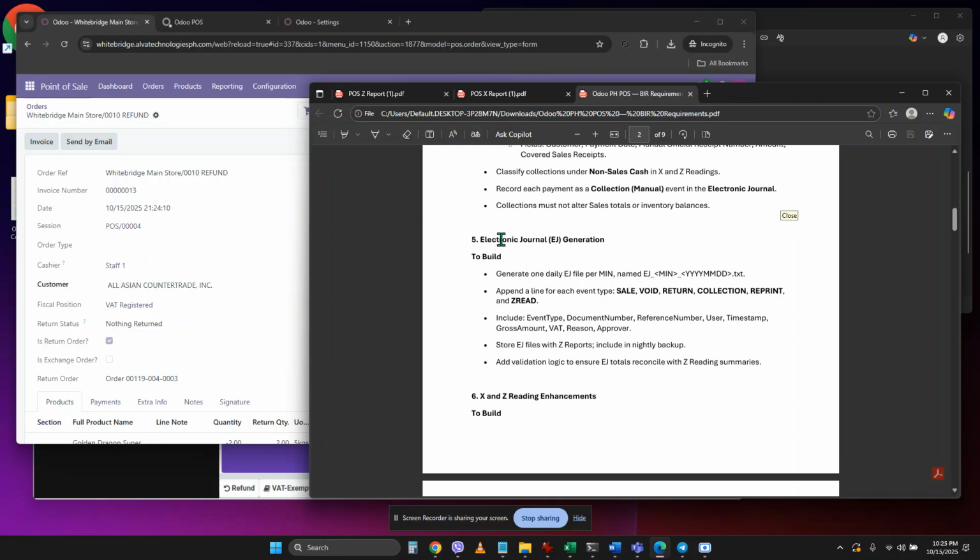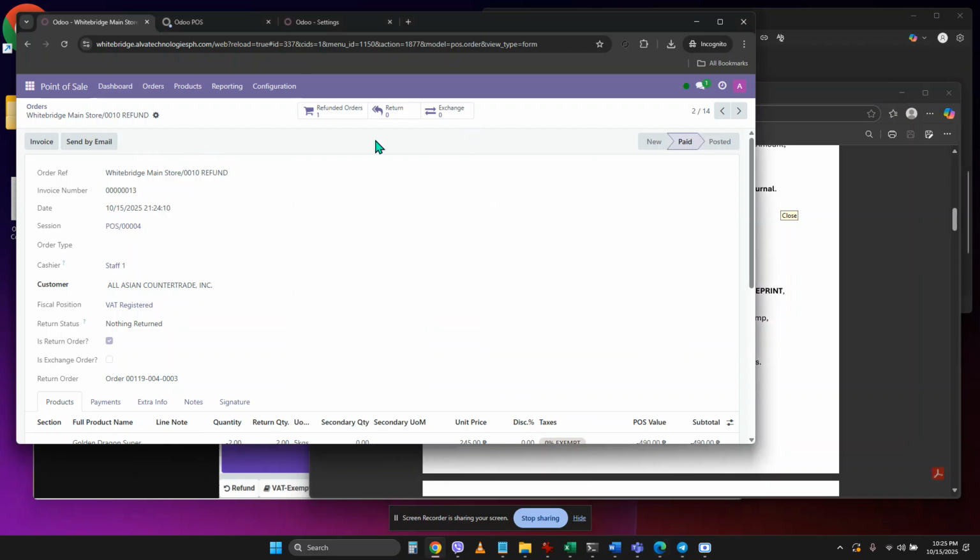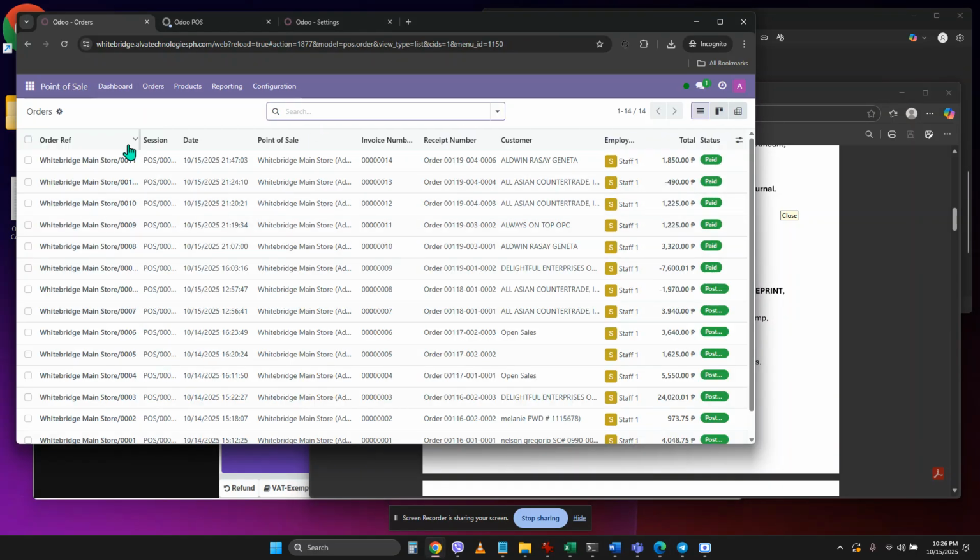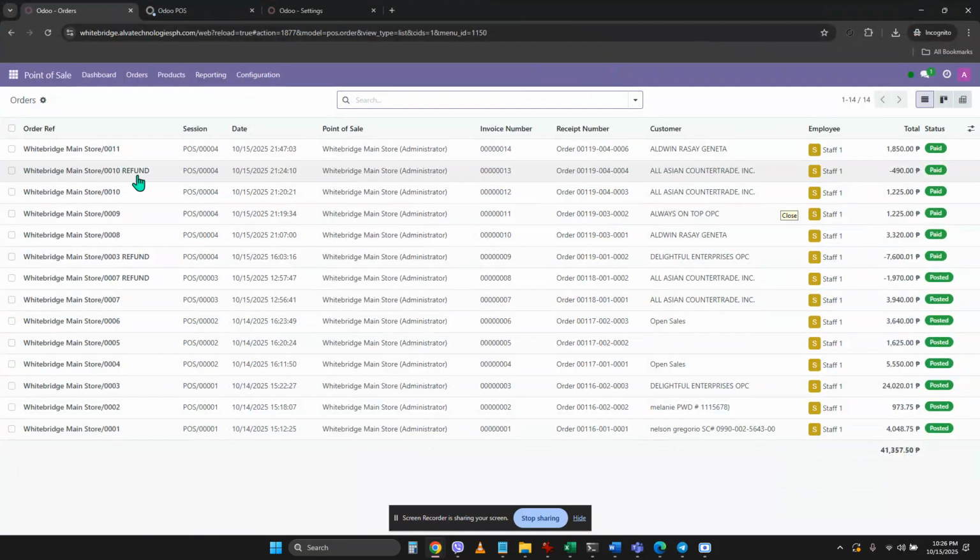And for the EJ, electronic journal, for the daily generation of this text file, we will add another reference for the void, return, and refund, by adding another existing order. For example, here, we have a reference for the refund.